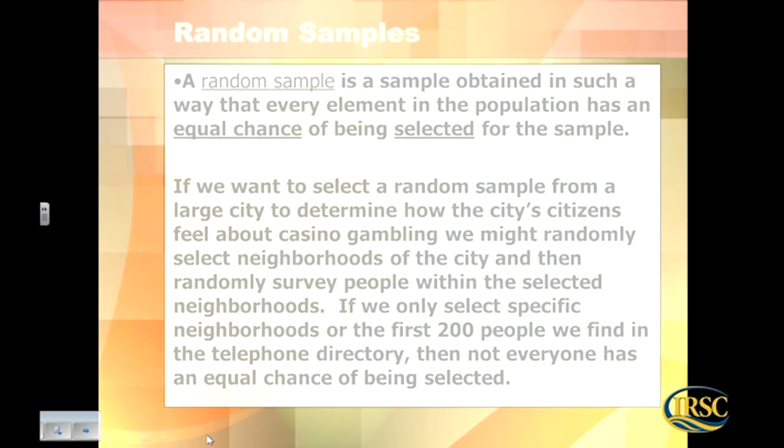So if we pick the first 200 people in the telephone directory, would I even have a shot at being selected? Having a last name that starts with S? Probably not. Okay? So the best way is to figure out, lots of times in these studies, computers generate who you're going to be using. If you don't have a computer, you do the best thing that you can, put items in a hat and pull them out,